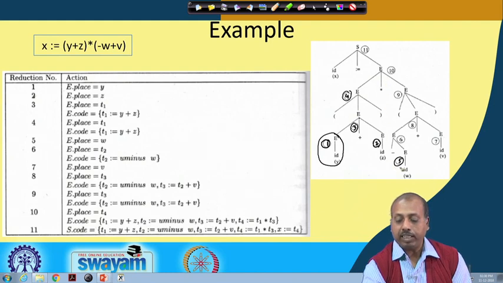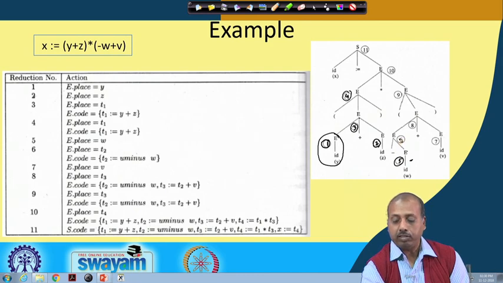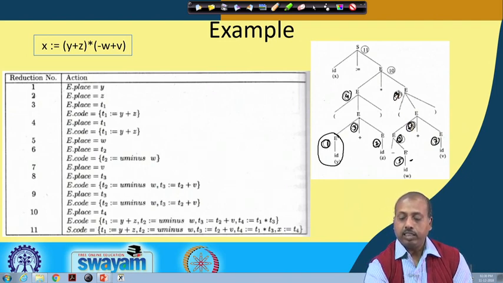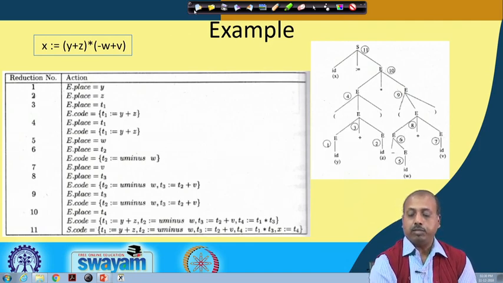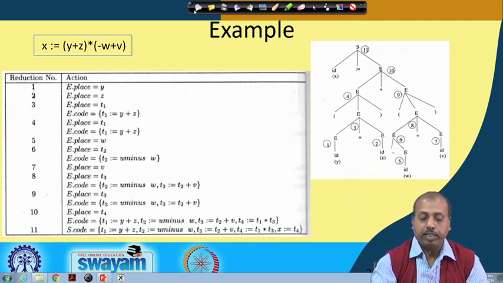Then I have to come back and see what is the next reduction at the lowest level that is possible. I find that this is the next reduction. So now this is 5, then after this is done, this is our number 6. This is 7, and once these are done, this is 8, this is 9, this is 10, and this is 11. That is how we call it annotation of the parse tree. There is something more, but we will come to that later.